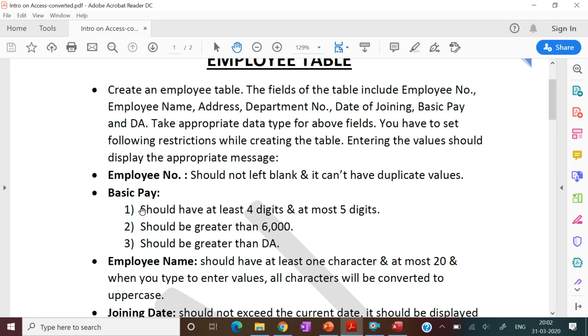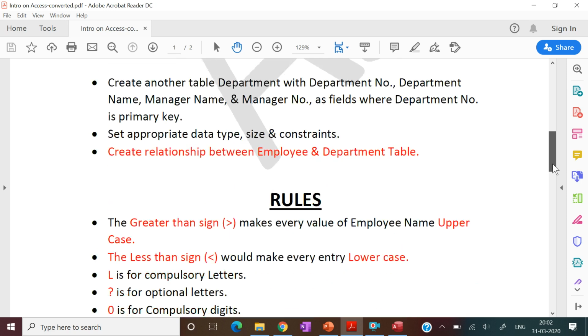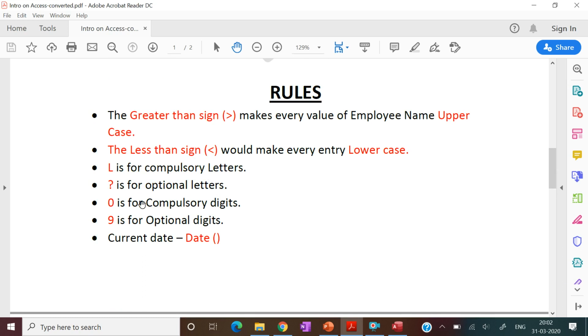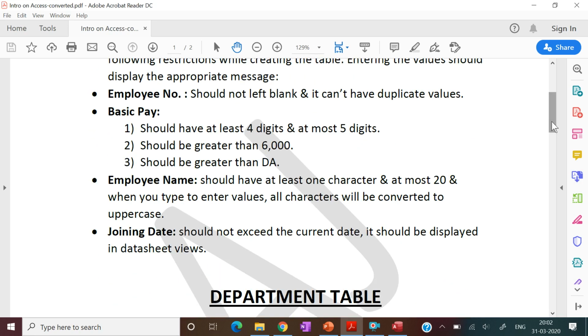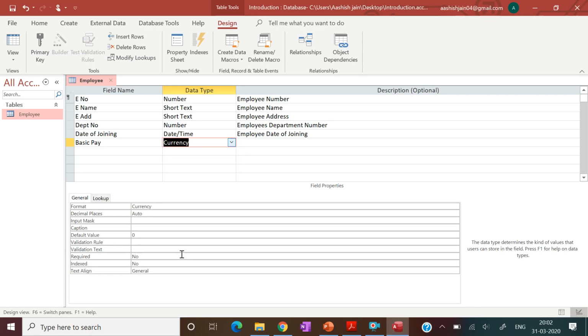Yes. For basic pay, it should have at least 4 characters and at most 5, and as per the rules, for digits we use 0 for compulsory digits and 9 for optional digits. So we will use at least 4, that means 4 times 0 and 1 time 9. So we will put in input mask 4 times 0 and 1 time 9.